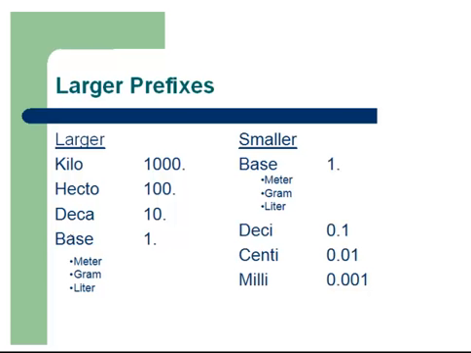The metric system, here's the base. Over here, we start with our meter, gram, and liter at just 1 unit. And as we go larger, we just add a prefix, so deca, hecto, and kilo, to our meter, gram, or liter. And for each of those, we just slide the decimal point over 1. So 1, 10, 100, 1,000. And if we're going smaller, we start with the same base, our 1, meter, gram, liter. We just change the prefix, so deci, centi, milli would be the next ones down on the size. And again, we're moving our decimal.